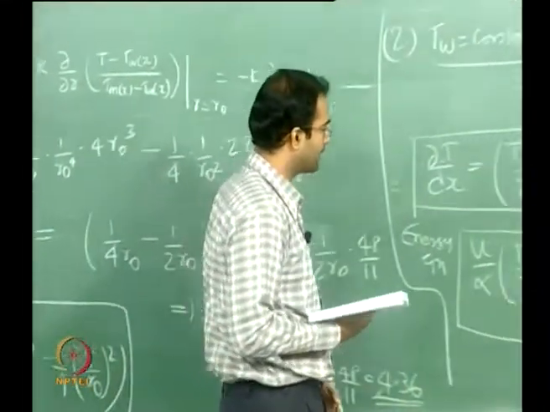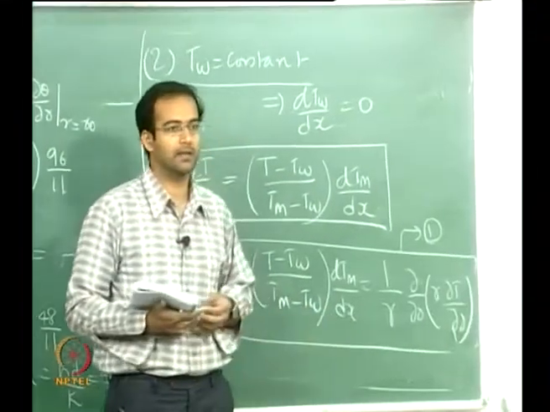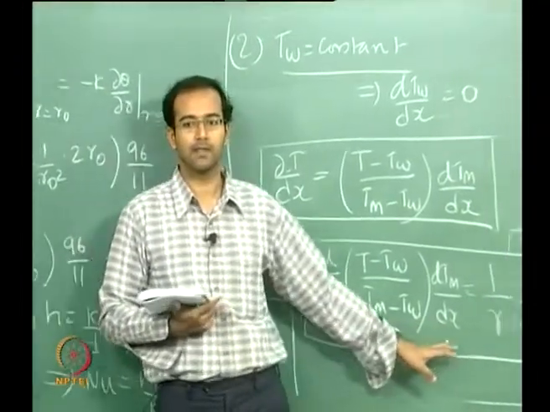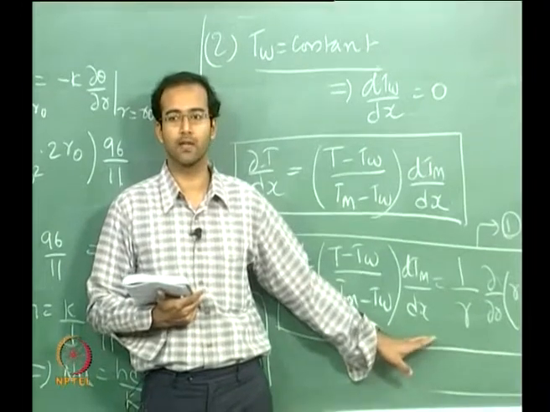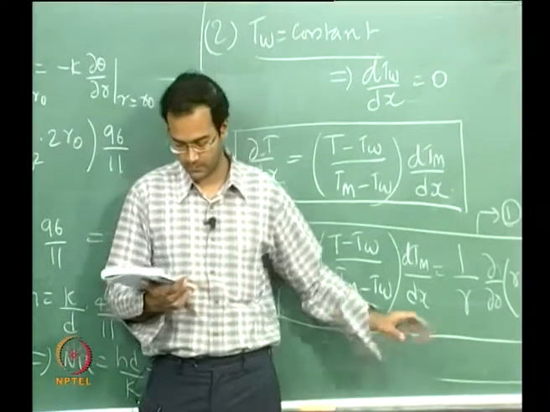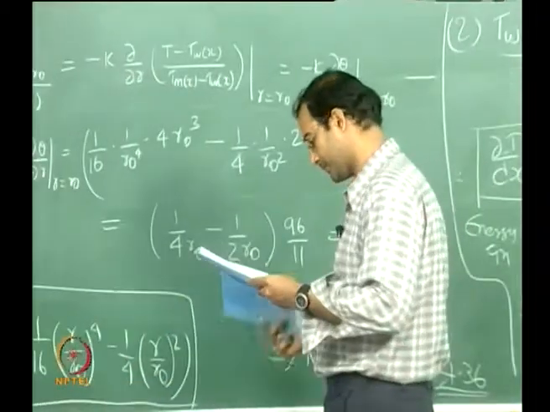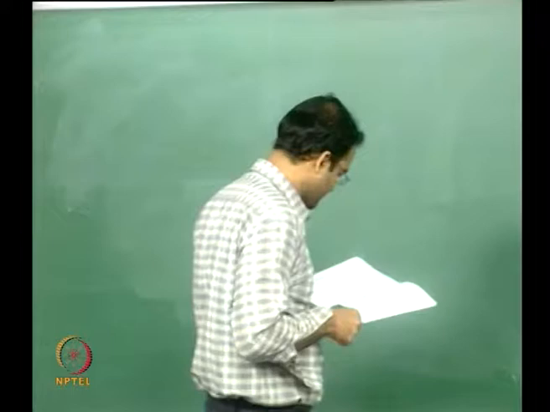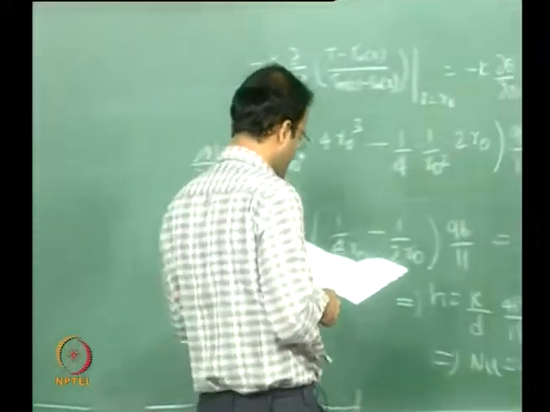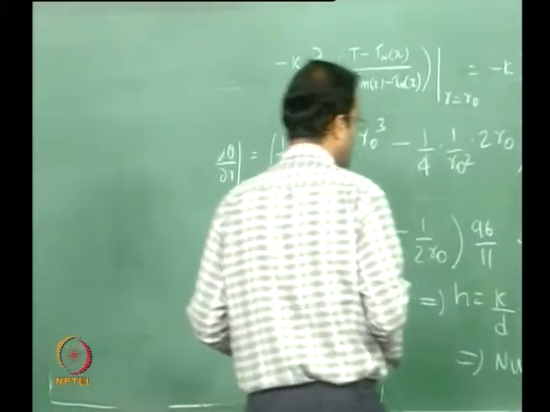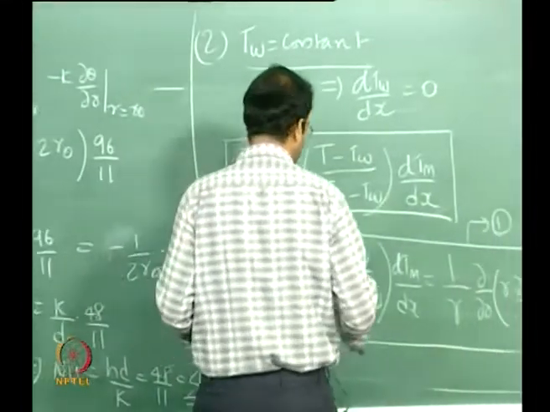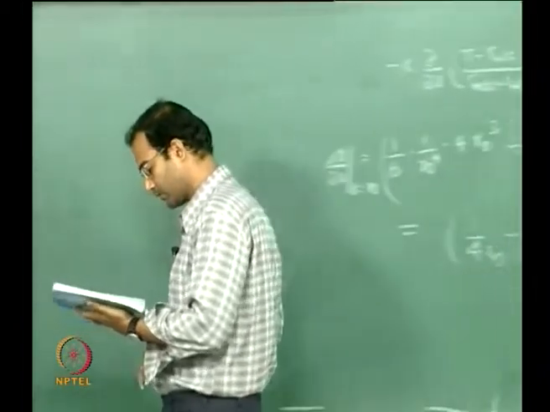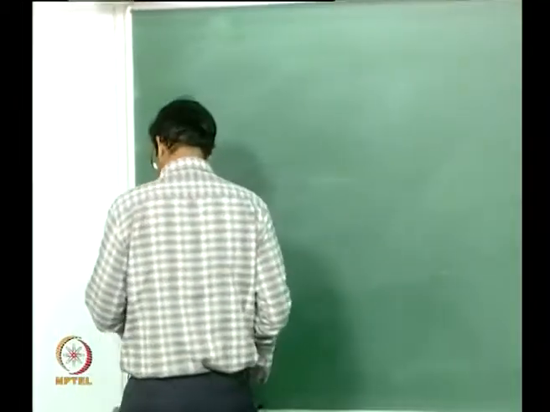So the other smarter way of doing it is, again, go back to our shooting technique. We should try to reduce this equation to another simpler form where we can apply the shooting technique and solve that equation. That is what we are going to do now. Before going into the shooting technique, we have to get appropriate expressions for dTm by dx. To do that we will do a small energy balance.